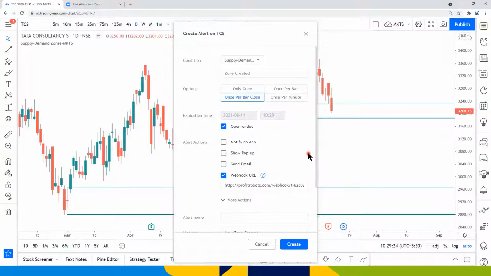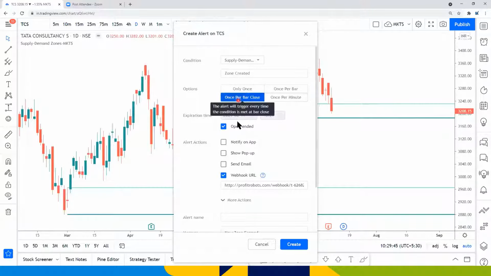One more thing: any zone that you check, check it on closing basis on that time frame. The leg out candle should close. If you're watching a 5-minute chart, at least that 5-minute candle should close, then the zone will form. Otherwise, in between, you'll see some zones being formed, but the candle does not close in the appropriate manner, and the zone will not be visible.